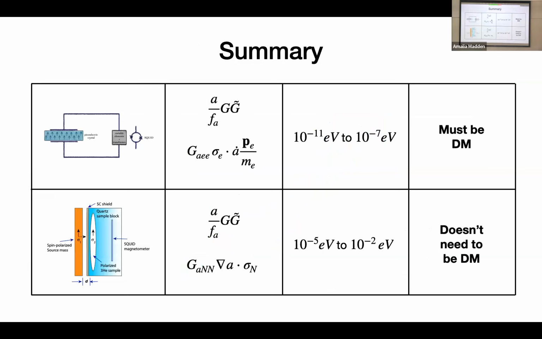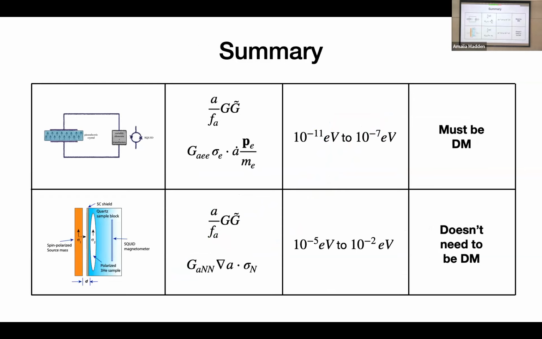Yeah. So just a summary of these two experiments and the couplings they could look for. In both of them, you're sensitive to the axions coupling to gluons. In this first setup, you could also use it to look for the axion coupling to electrons. I mean, here we discussed that we need two couplings. We also need this potentially model-dependent coupling of the axion to nucleons, but we took the QCD axion benchmark here.